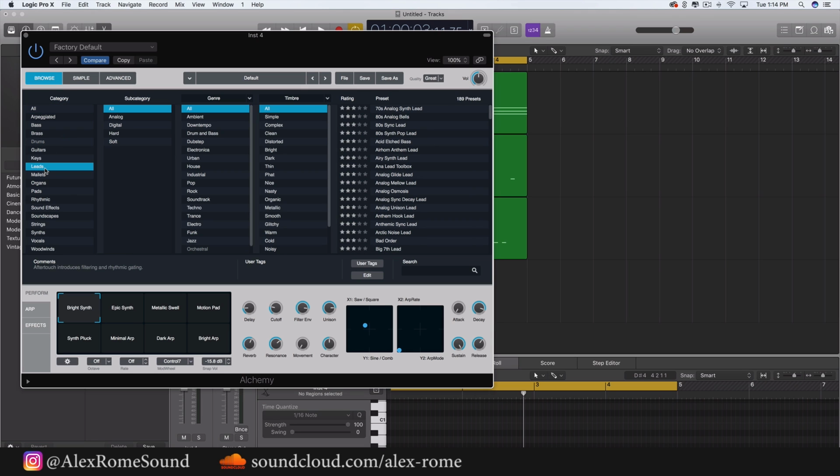Let's go ahead and pick a lead. And then what kind of lead do we want? Do we want a soft lead, hard lead, analog, digital? Let's just choose all for that, because any of those will make me pretty happy. Let's go to